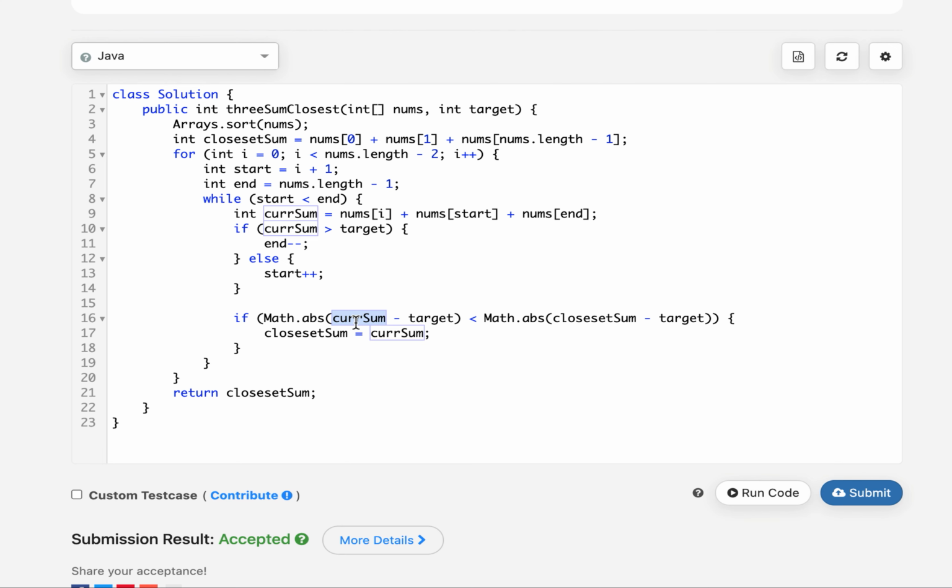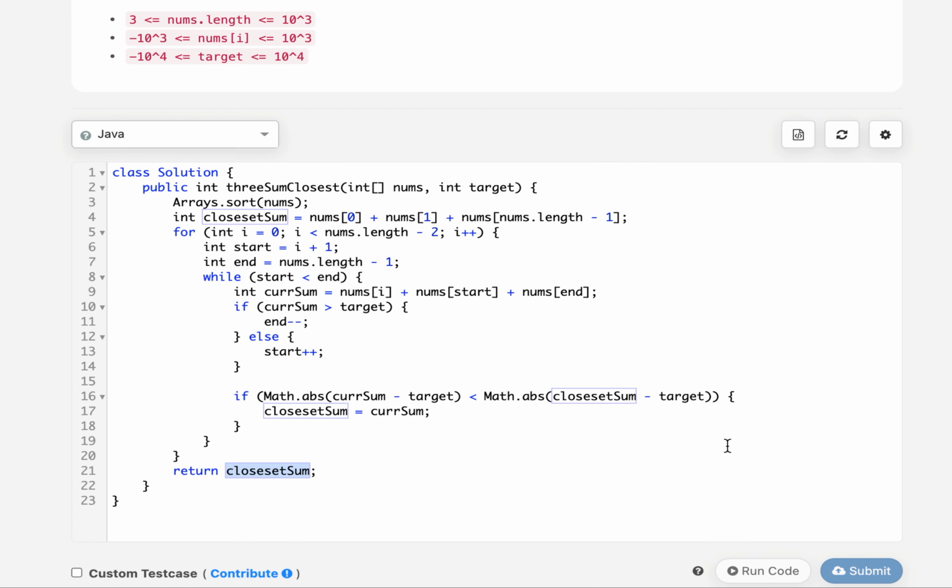For example, if math.abs of current sum minus target is less than math.abs of closest sum minus target, where closest sum was the previously calculated one and this is the current sum minus target value, then I update my closest sum to the current sum value. In the end, I return whatever value is stored in the closest sum.